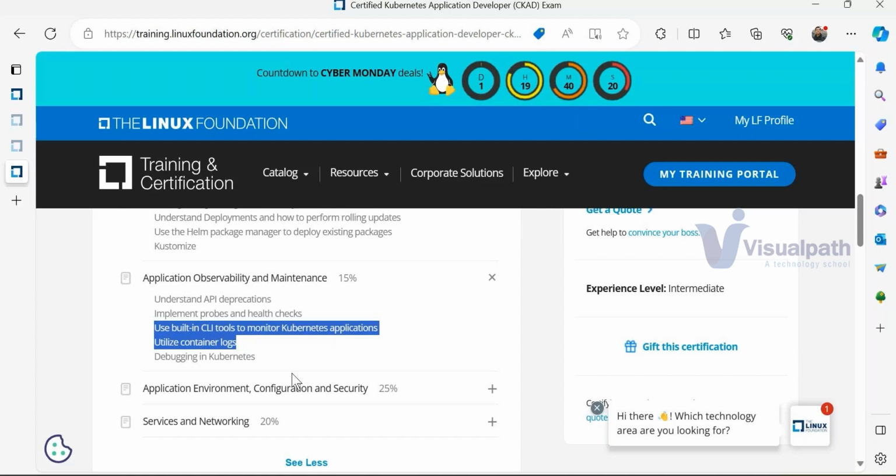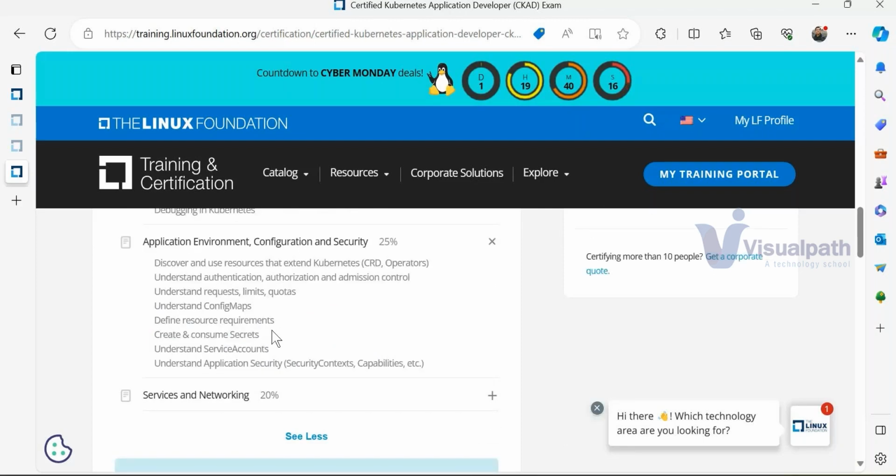Then application environment configuration, discovering resources, right? Here we can create our own custom resources also. Nowadays we do this through operators. Operators are nothing but plugins. If you know OpenShift or AWS or Amazon, there are so many market operators. Those operators are nothing but plugins. As I tell you, there are different terminologies, but we are already familiar with the concepts. Only the names are different. So operators are nothing but plugins. Here we'll create custom resource definitions.